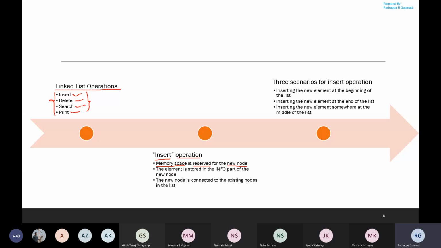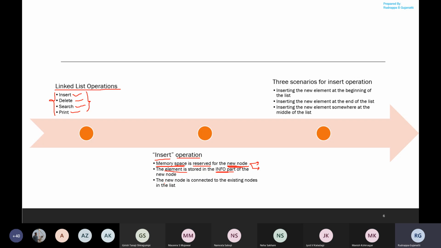So in the insert operation, first we reserve the memory space for the new node being created. In this new node, you will again have two parts: one is the info part and one is the next part. In the info part, we store the data element. Apart from this, we have to have the logical connection between the nodes.